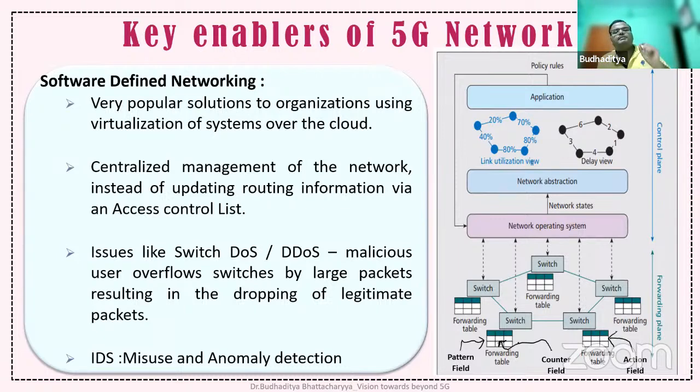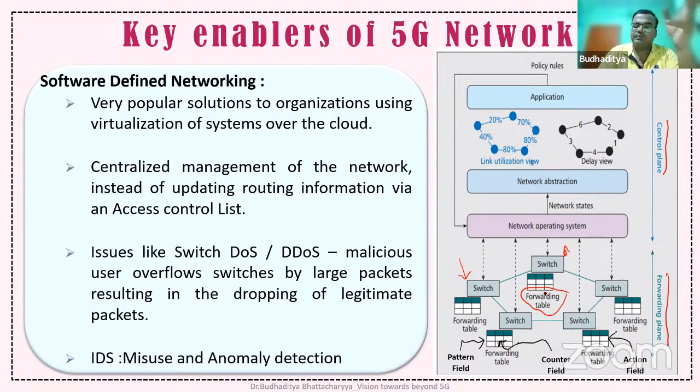And one of the reasons for it becoming very secure is that the control plane, if you see over here in this diagram, we have a separate control plane and something called the forwarding plane. Now, let me brief a little on why it is so secure and popular. All of these switches that you are observing over here are just generic, normal switches used for routing over a network. These switches work only with something called a forwarding table,